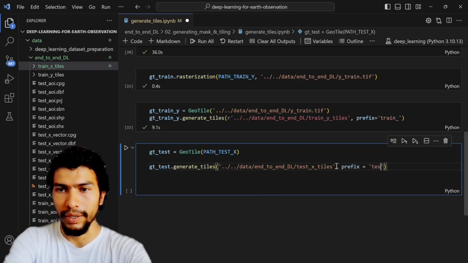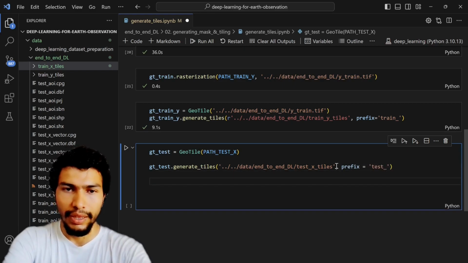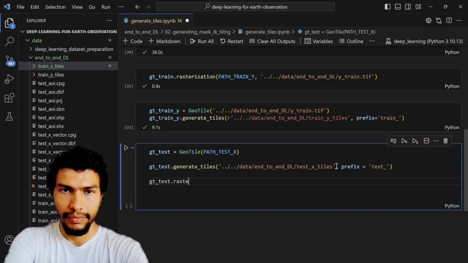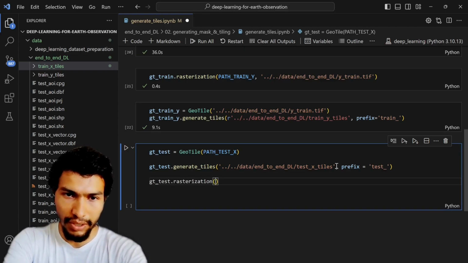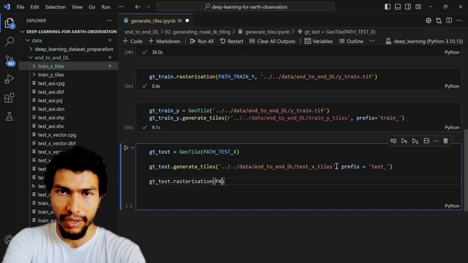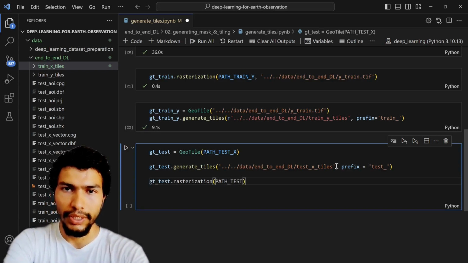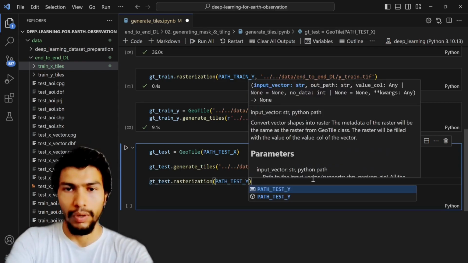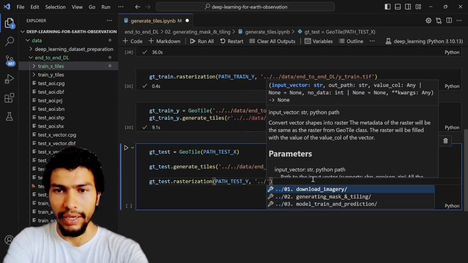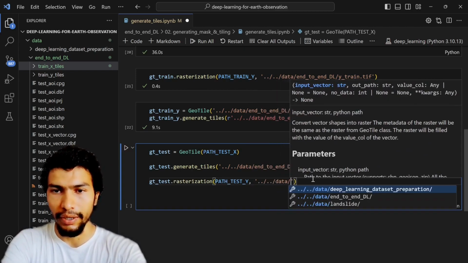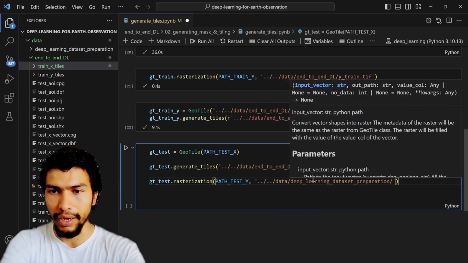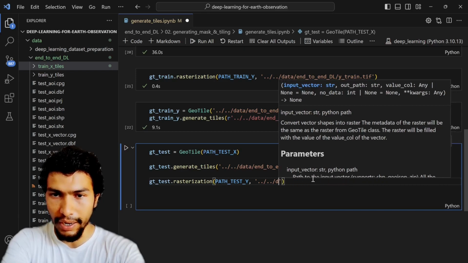The prefix will be test, and then I can rasterize my test file, gt dot rasterization, and then path test y, and then I can put the directory where I want to save the file,